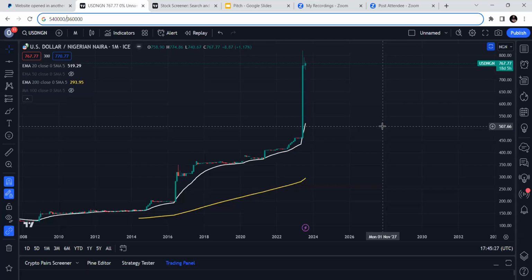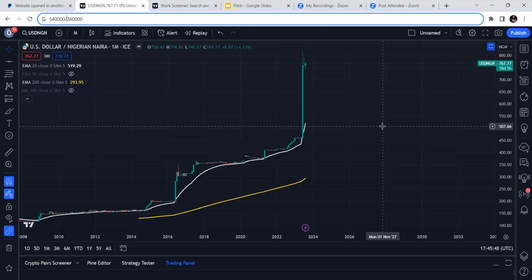The government needs to recognize the power of demand and supply. Until the government addresses the supply side of the markets, the exchange rate will keep rising. Stop fighting demand. And that was where I actually found Emefiele very, very disgusting. I'm sorry to say, because he was fighting demand,